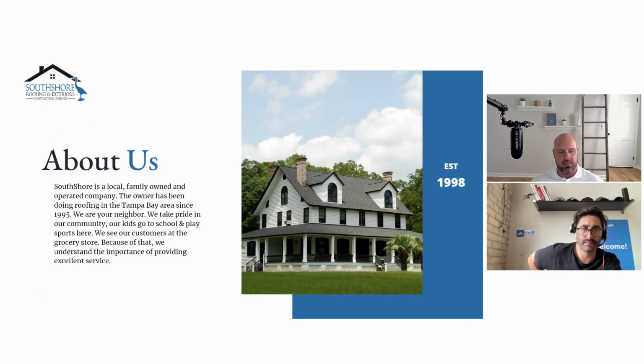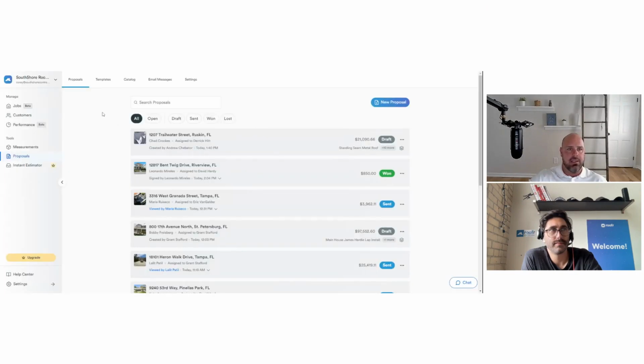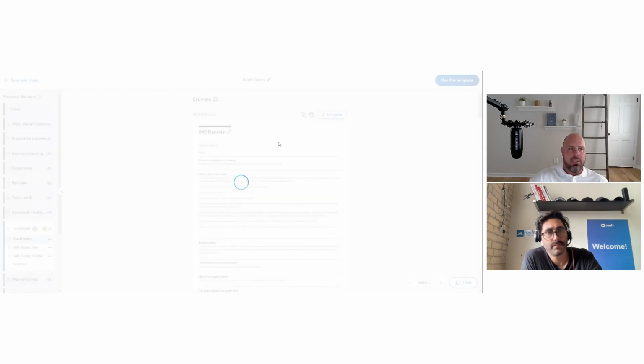And then we go in our about us. And so what we've done is we take that and we upload it into the roofer dashboard. I don't know if anybody's seen the roofer dashboard, but I'll show you. So we have our roofer dashboard, and you have all your proposals that you can create. You have all your templates that you can create. And we have a ton of templates that we've created. So for an example, we have this